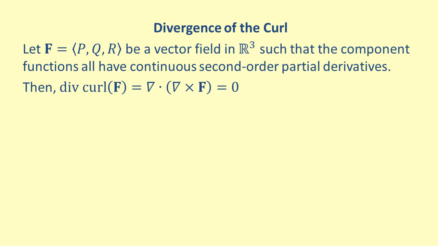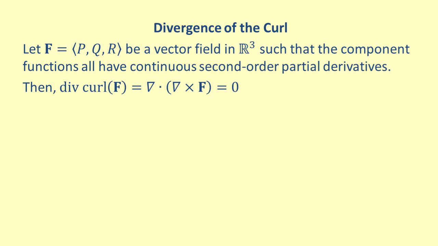To show that a vector field is not the curl of another vector field, we must first find a property of the curl that we can use to test vector fields. Here we note that it is possible to take the divergence of a curl as long as the vector field exists in 3 dimensions. This theorem states that given a vector field F equals PQR, the divergence of the curl